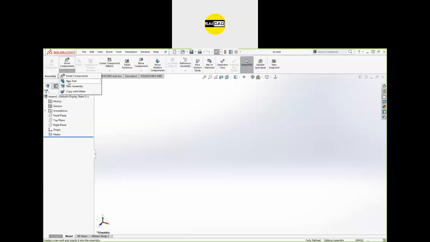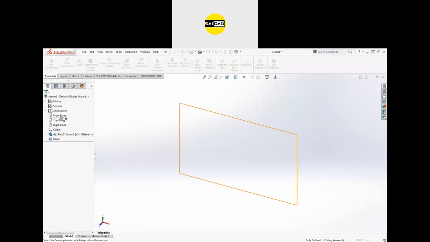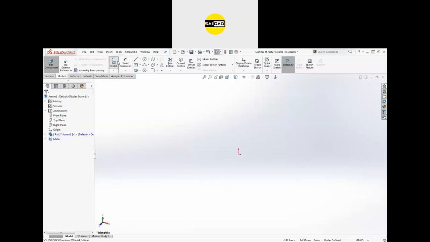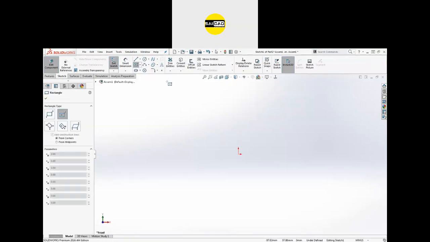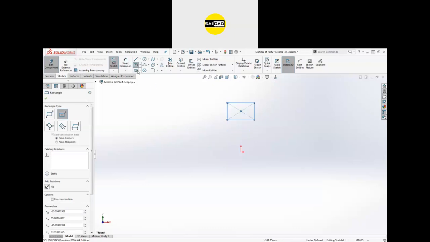We can create a part up here by just clicking on the new part. You can just select where we want to create. Now you can see we have a sketch here. Like I want to create a circular entity like a tire. I'm going to create that with the help of a rectangular shape. Like that. Okay.